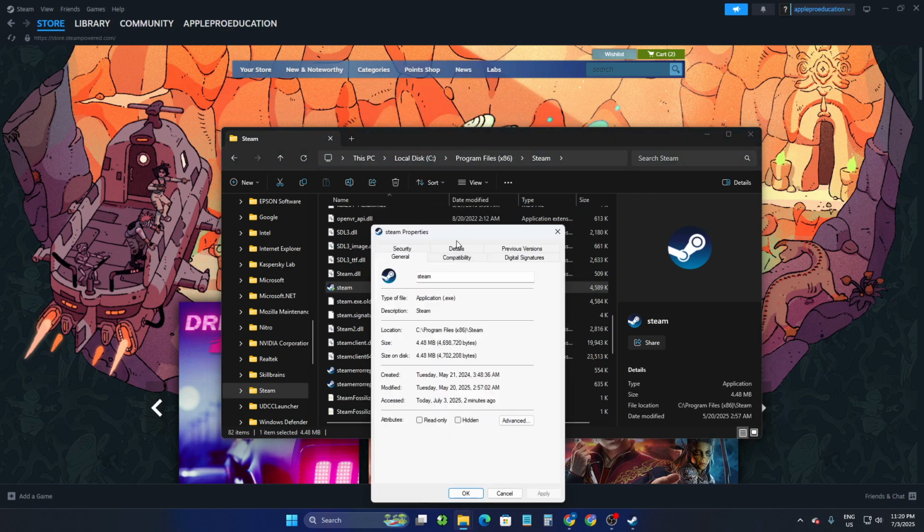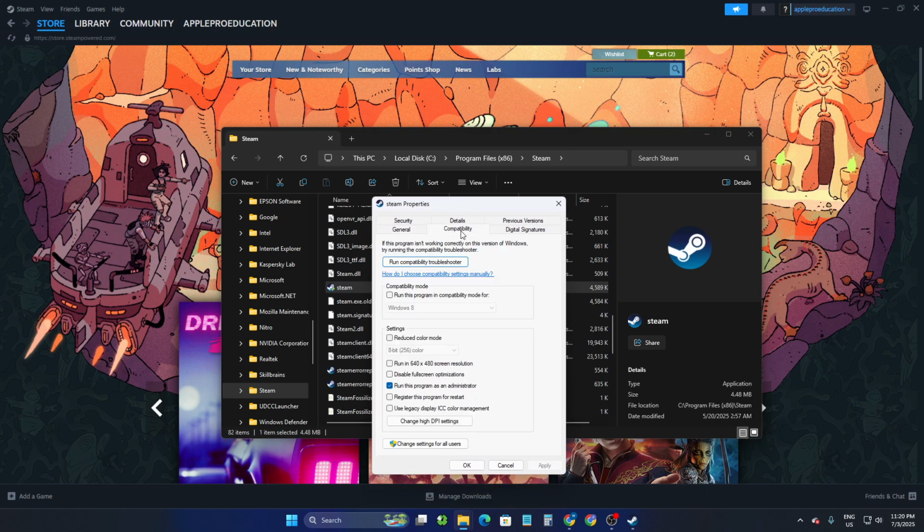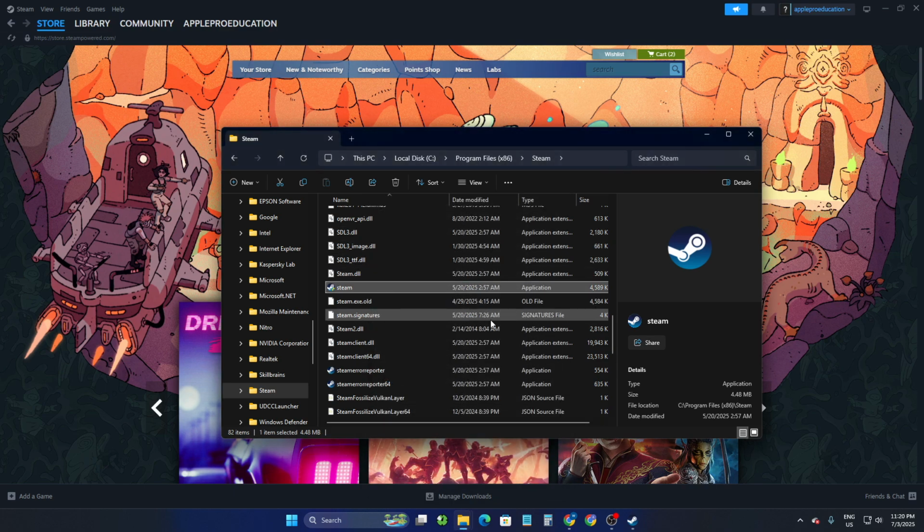go to properties. So when you are on properties, you have to simply go to the compatibility tab and make sure that you have checked run this program as an administrator. If it's unchecked, you have to check this and simply click on apply and OK, and this might help you to solve this issue. If this issue persists, then what you can do is copy this here,